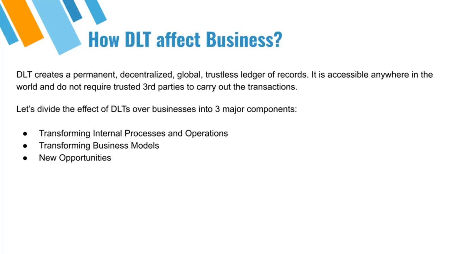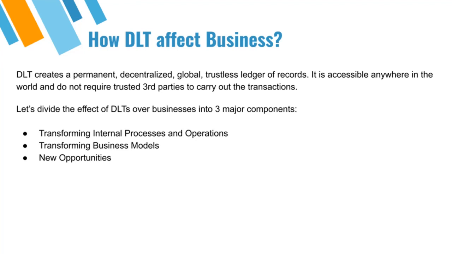Distributed ledger technologies create a permanent, decentralized, global, trustless ledger of records. One of the primary examples of disruption created by distributed ledger technology is the cryptocurrency. Whenever a new cryptocurrency is created, the cryptocurrency is not their product. It's more like a market for distributed ledger technology. They are creating a new economic system where the tokens are the units of exchange and the distributed ledger technology dictates the rules and incentives of each participant in their economic system. They are developing the rules of a new game that anyone can participate in.